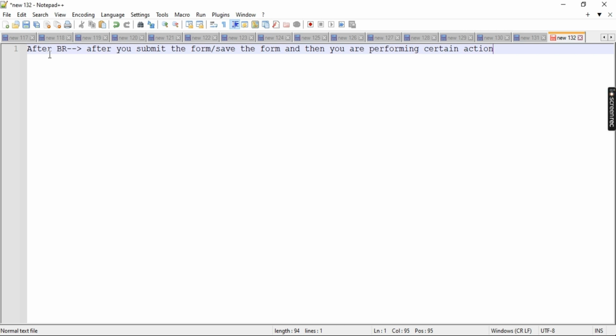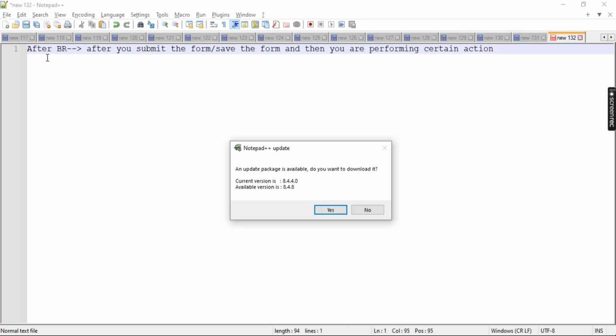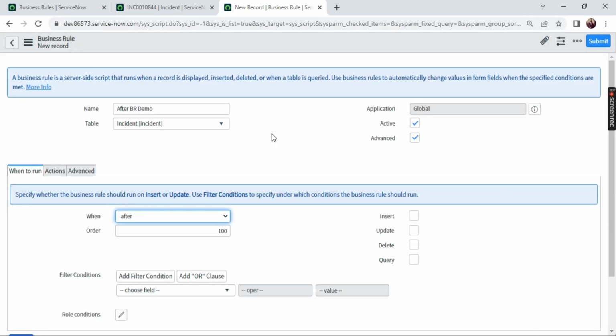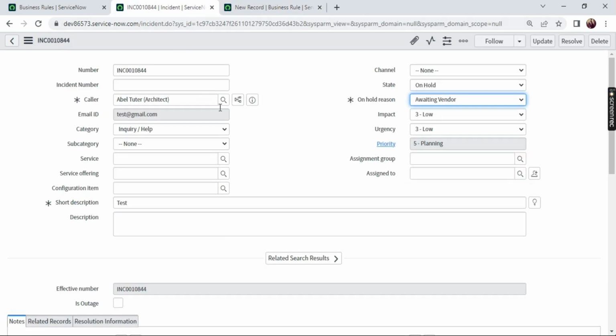This is called after. But in before business rule, if you remember, before saving the form, you have performed some action. So remember, this is called after business rule. Now we have the same option, CRUD operations: insert, update, delete, query. Obviously, after, let me choose an option called update. After update, I'm choosing a condition, let's say when the channel changes to email,